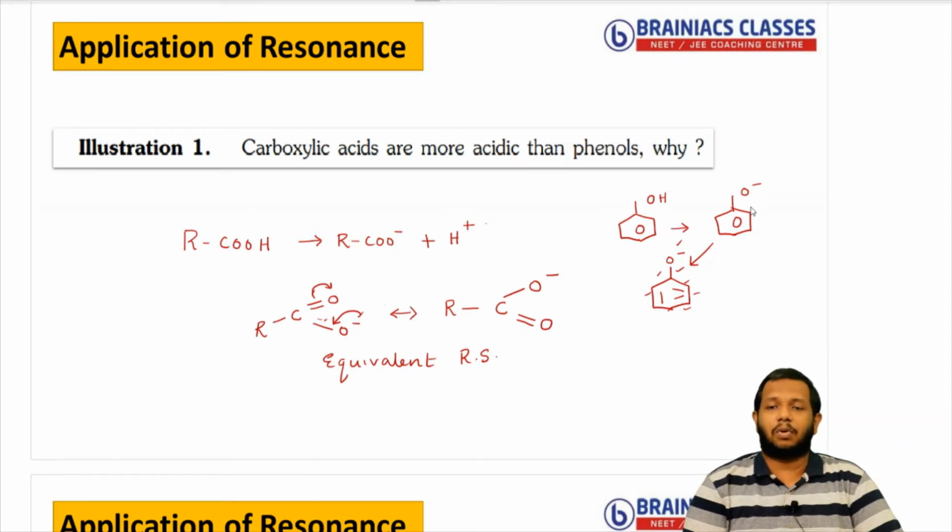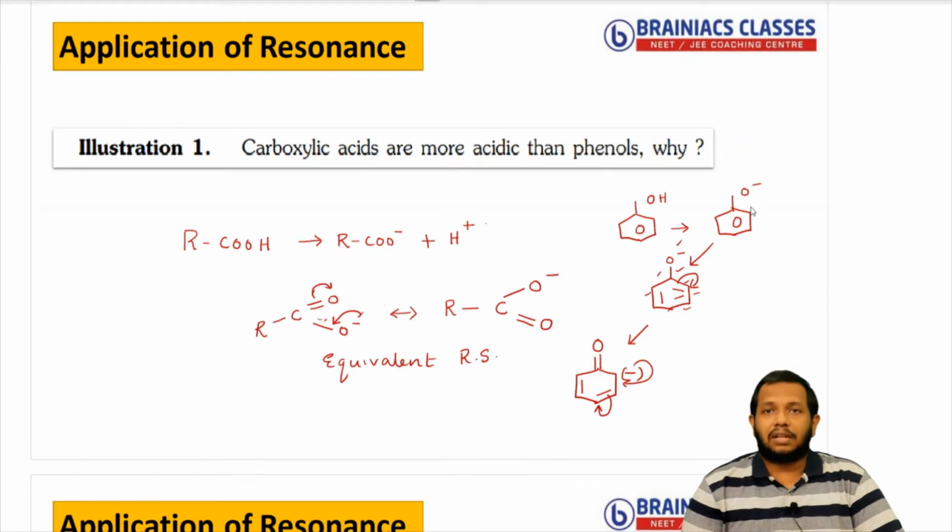That means this double bond will move towards the pi bond and it will keep on going like that. For example, let me draw the first structure for you. I have already drawn this, so I'm not repeating. The oxygen minus charge will come here. This pi bond will get repelled and this will become a minus charge here. Then you have a pi bond here, correct? Then you have a pi bond here. So this is the first resonating structure. Now next step, what will happen? This will form a pi bond here, this will get repelled and this forms a negative charge here. Like that I can say 5 resonating structures are possible. This we have already seen.